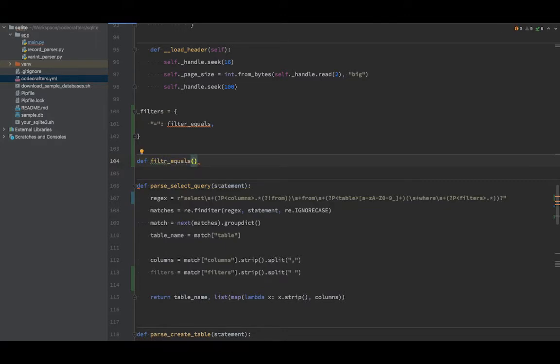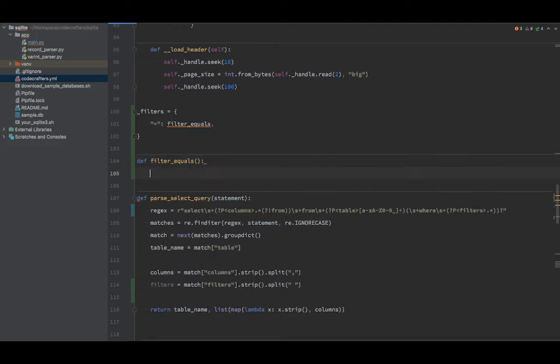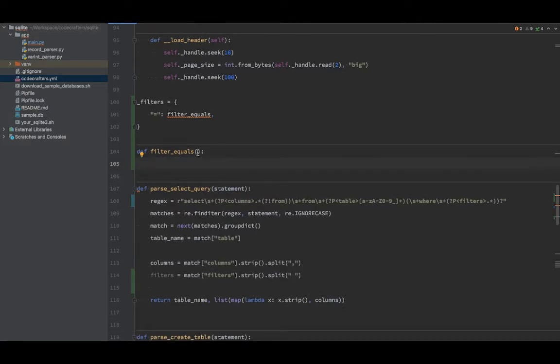Filter equals, right. This thing is going to receive,